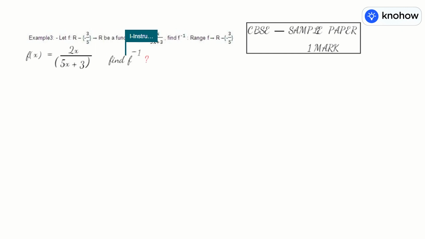Now before we find the inverse of a function, in general we always first prove that it is invertible. And for that we need to prove that it is one-one and onto. But this being a 1 mark question, we have to take it for granted that it is invertible and just find f inverse. Suppose it were a 4 mark or 6 mark question, then you first prove it is invertible and then find f inverse. Now what is the procedure of finding f inverse? Let this be equal to y. Find the corresponding value of x. So you cross multiply. That is, 2x is equal to y times